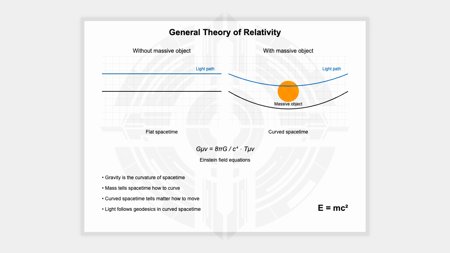All right, Einstein, lay it on us then. What was his big idea? Instead of viewing gravity as a force acting across space, Einstein imagined it as a property of space itself, or more accurately, a property of space-time. Space-time. Okay, we're already diving into the deep end here. I know it's a lot to take in, but stick with me.